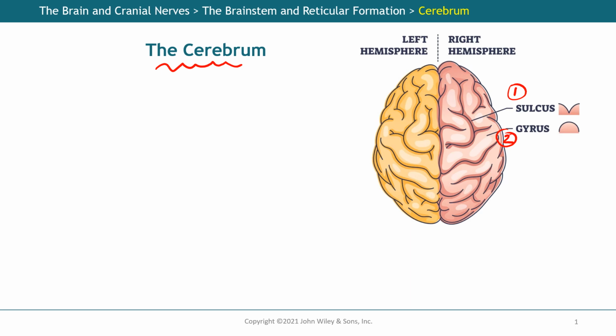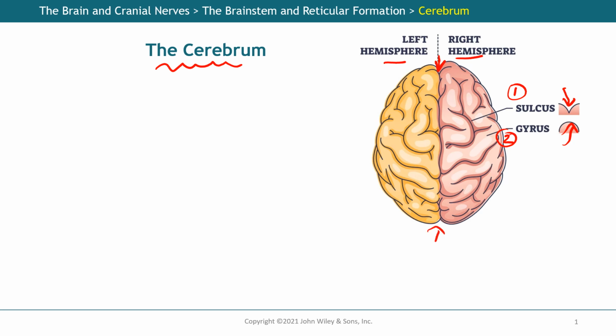All of those folds are very important in the brain because, similar to the cerebellum, they allow an increase in the surface area of the brain and pack more neurons for processing in the cortex. So the sulcus is a furrow, while the opposite is a gyrus, that is an elevation. And in between the left and right hemisphere, you have the fissure, that is a deeper sulcus